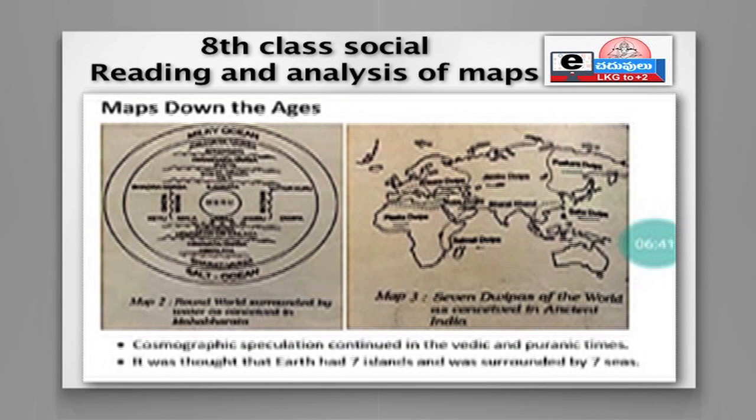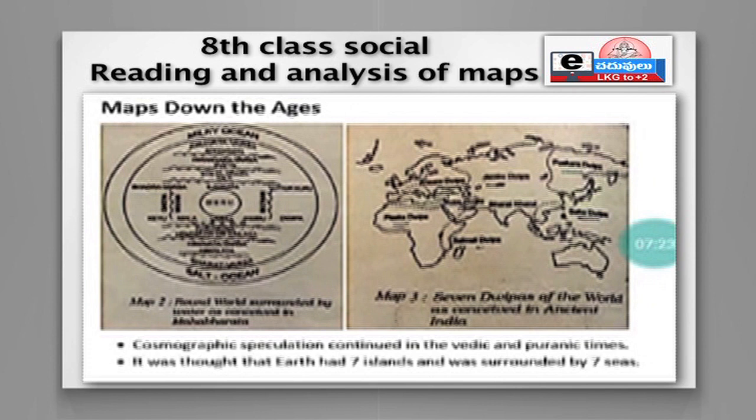So in the initial ages, the prehistoric times, people have been speculating about the cosmos. What are the cosmos? Heavenly bodies like earth, sun, moon, skies, seas, rivers. These all are called the cosmos. And often the speculation was depicted visually. We have a prehistoric painting from Jawora in Madhya Pradesh showing the land, water, the skies. Cosmographic speculation continued. What is cosmographic speculation? It is nothing but studying the heavenly bodies. Studying the heavenly bodies is called cosmographic speculation.